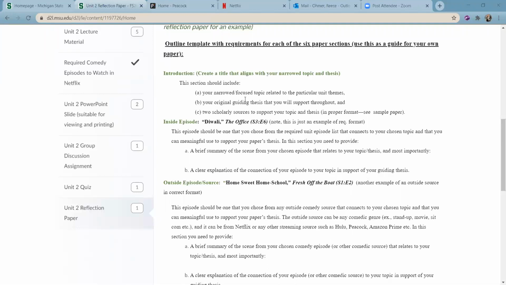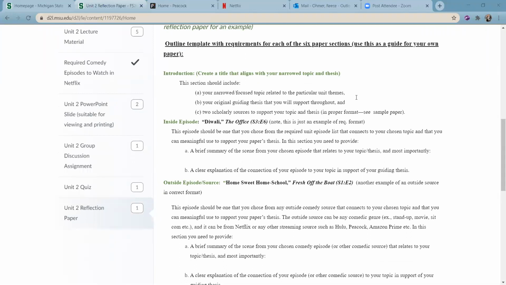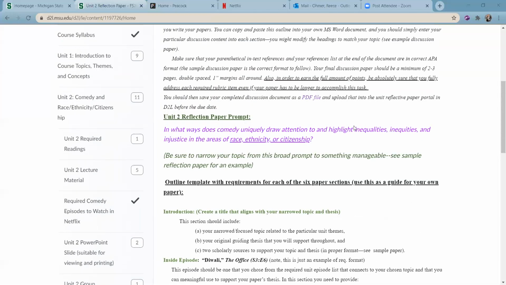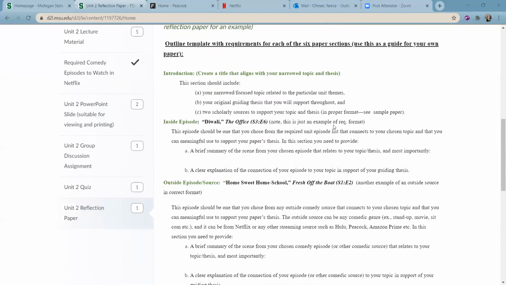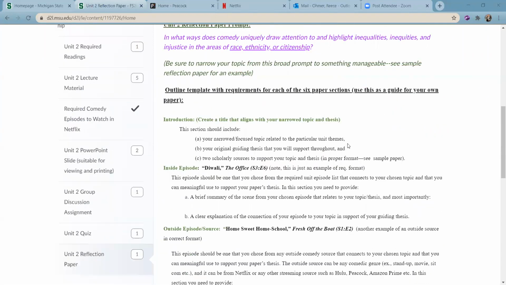This is just like the template, and we want you to try to follow it as closely as you can. The first thing would be the introduction, and then you're going to talk about the themes that were relevant to each unit. For the first unit, it's talking about race and ethnicity and citizenship. I don't know if you can see my cursor, but it's right here on what we want you to follow. And then you're going to talk about 2 sources, and your 2 sources can come from anywhere. He provided some sources if you have trouble trying to find something. The sources can be found right over here in the required reading section.